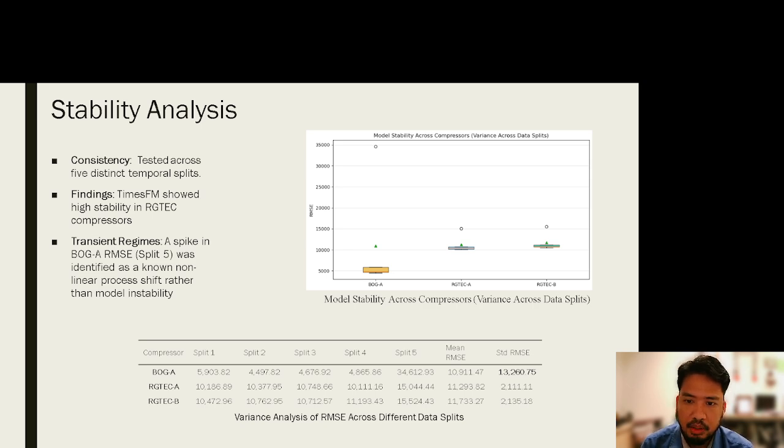If you can see here, the variance between the RGTech compressors and the BOG compressors is different, where the RGTech compressors are more stable when compared to the BOG compressors. A spike in BOG-A was identified as a known nonlinear process shift rather than model instability.